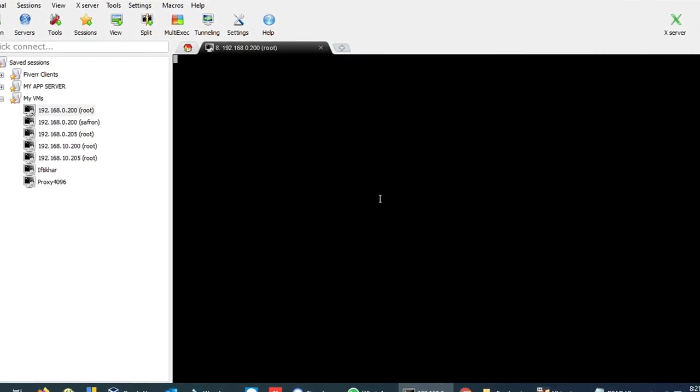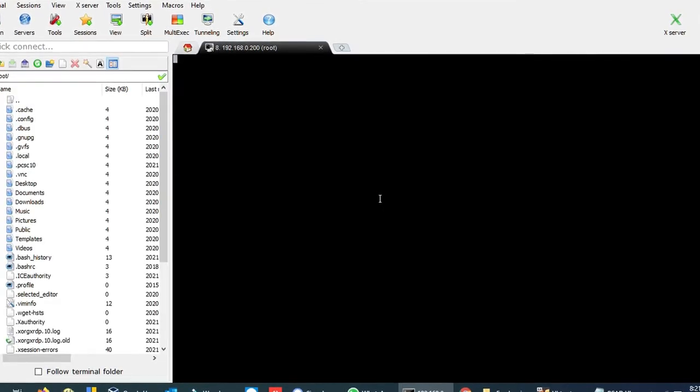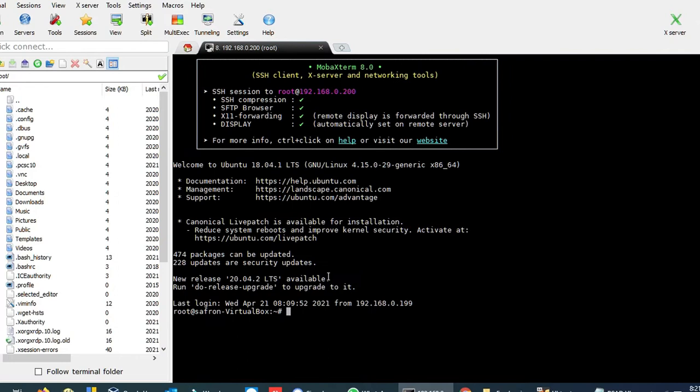This script needs you to be root, logged in as root. So you have to be logged in as root. In order to enable root, I showed you how you can enable that. Once it's done, now